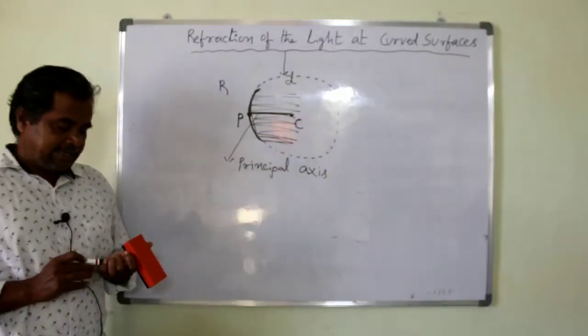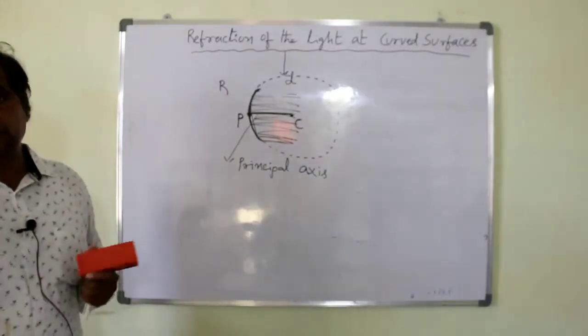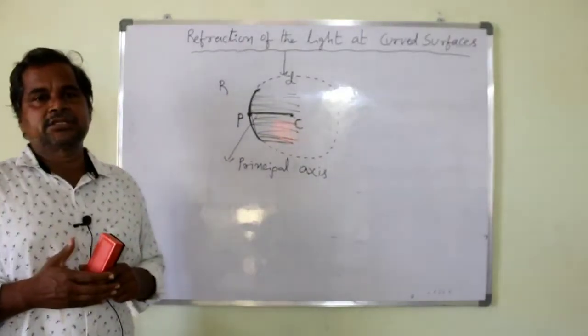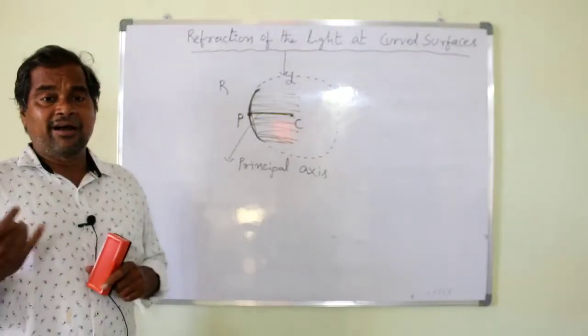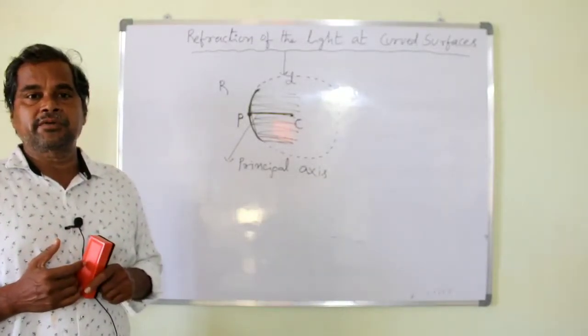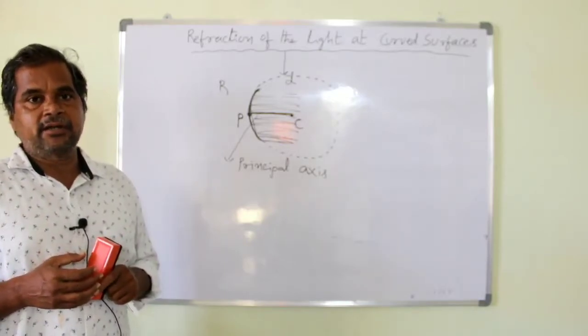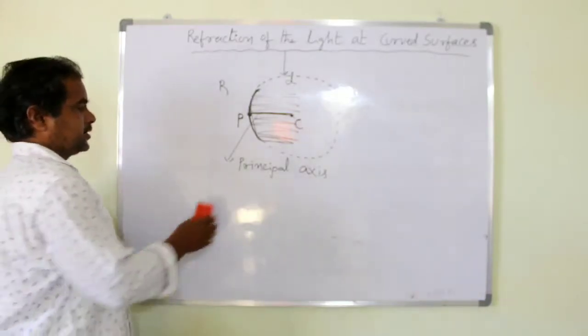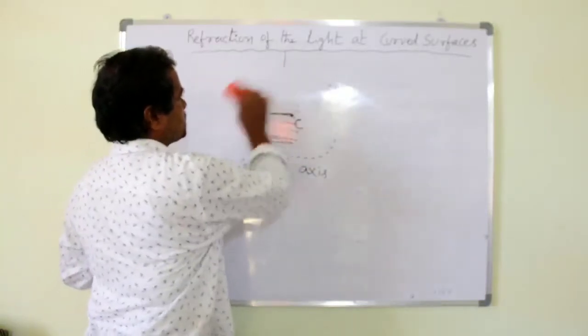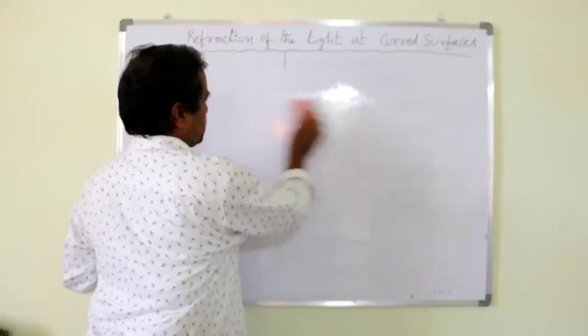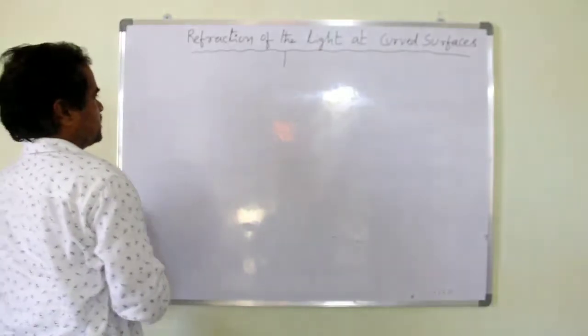When a light ray from a light source is incident on a curved surface, what is the behavior of the refraction? What is the behavior of the refracted ray? For this, here we are taking 4 examples. In the first case,